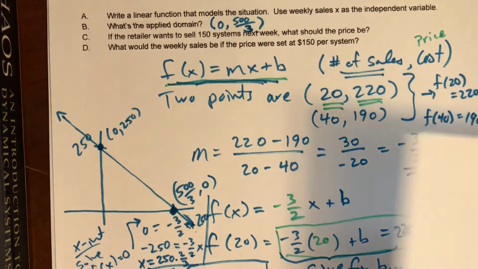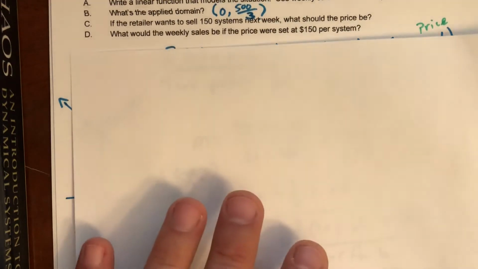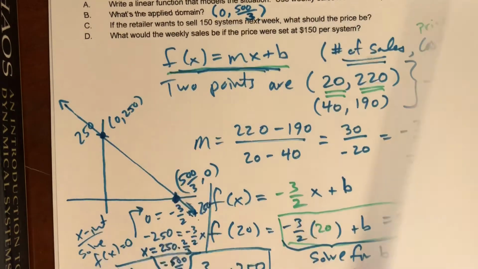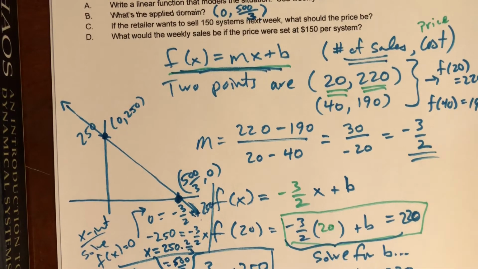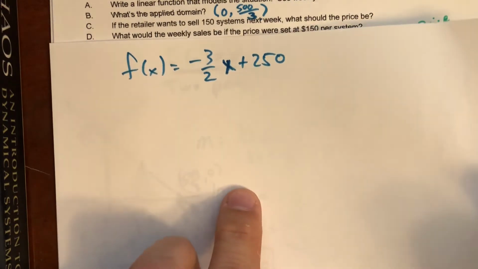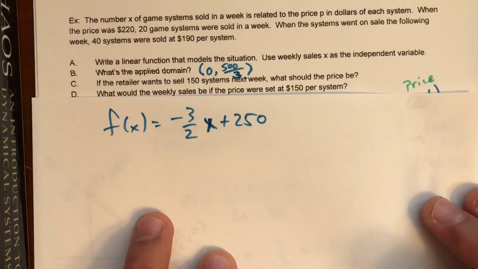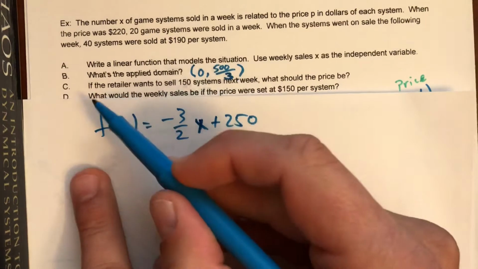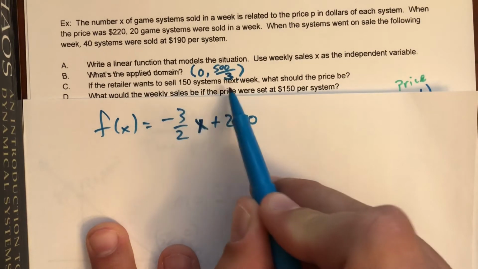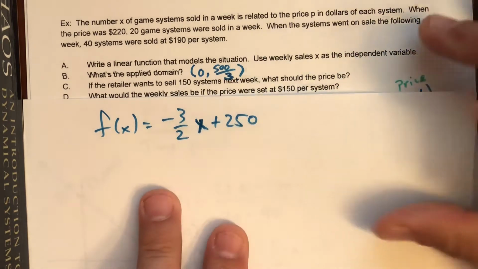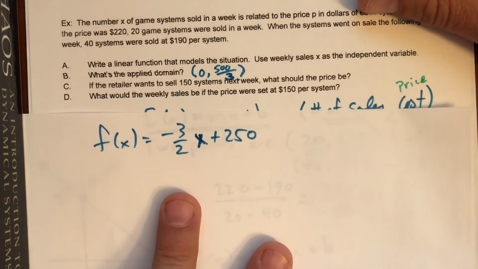So this is, wow, that's super, super busy. So let me get a new sheet here and we can do these other problems. Let me write down what the function was that we had. All right, so there's our function that we decided modeled this problem, right? And we can do the rest of these. If the retailer wants to sell 150 items next week, what should the price be? Okay, well,